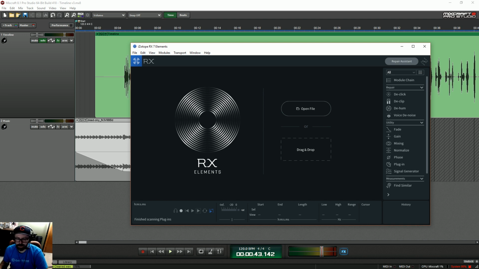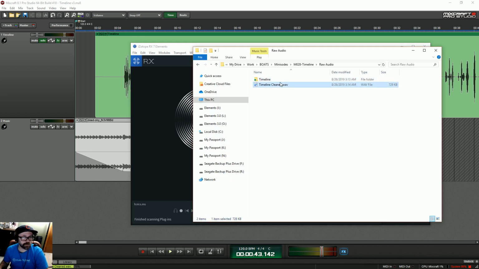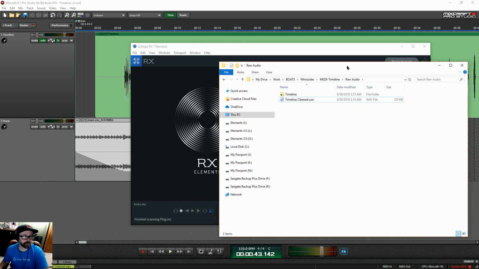$75, almost done. All right, so this is going here. You can see it's building that file. If I refresh this, you can see that file growing. Once we have that done, pull it into Elements.